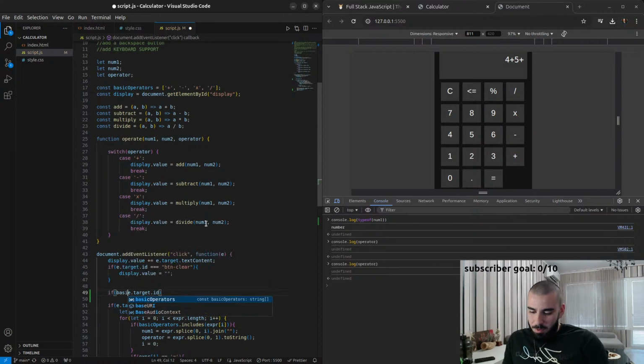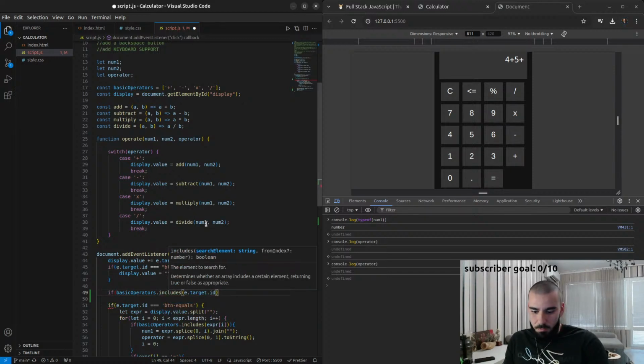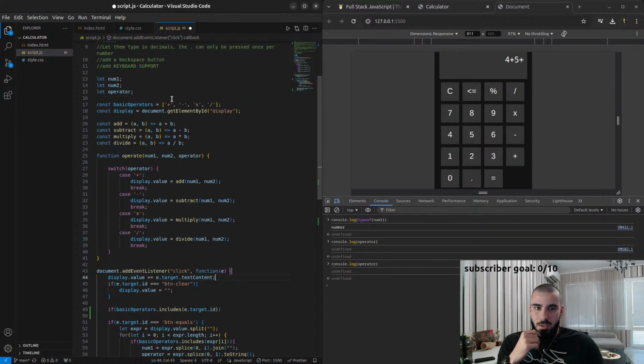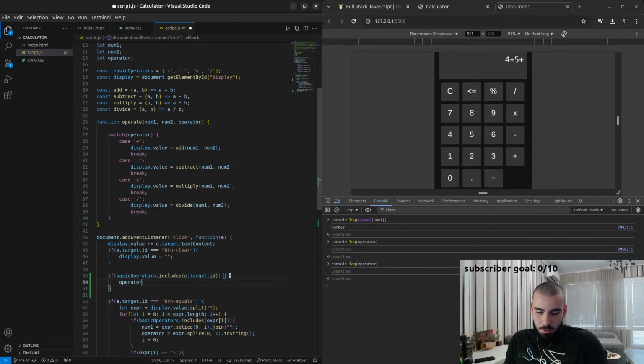So if we do basic operators.includes, and we do this. So for example, let's think that e.target.id returns one of these, although it doesn't, but for now let's think about it. If that's the case, I want to set the operator to equal e.target.id. Okay, and this way if we click it,